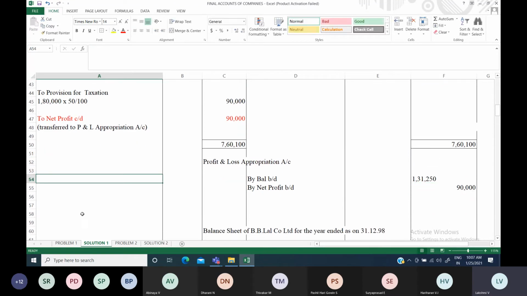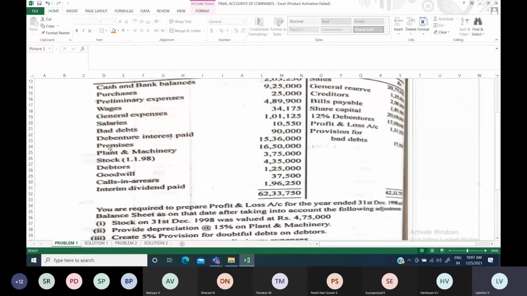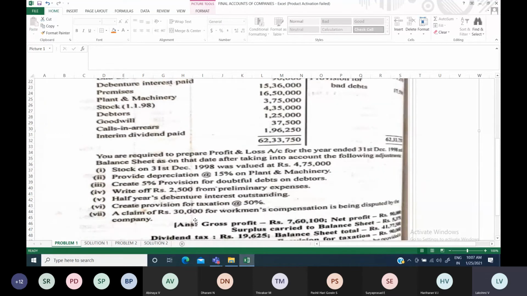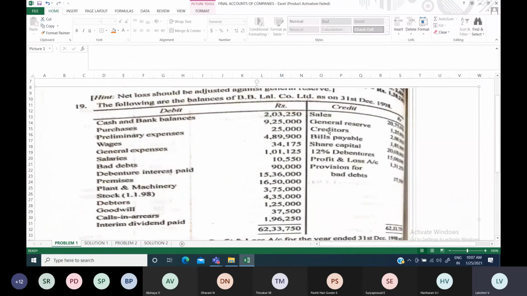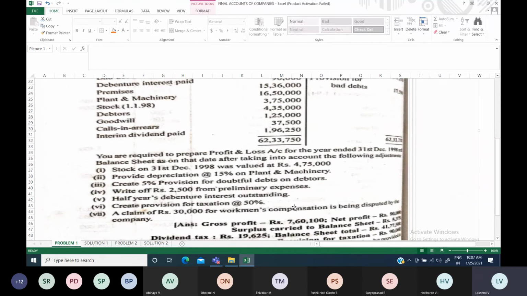And then going to the other items, here you have to take certain items. Interim dividend paid, that will be taken. Transfer to general reserve, if you have any adjustment here, then you will be taking it here. Only general reserve is there, but nothing is mentioned about transfer to general reserve, no amount like this. Anything they have not mentioned in the question, better skip that. Okay, so nothing is there. Only for interim dividend we have to do it.